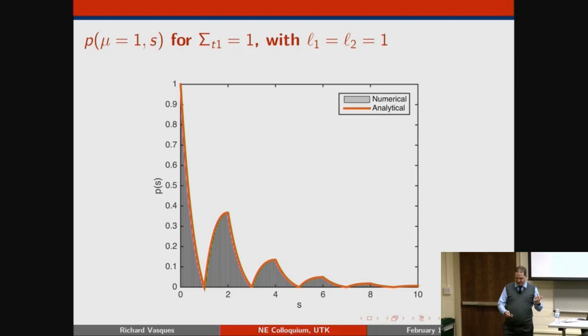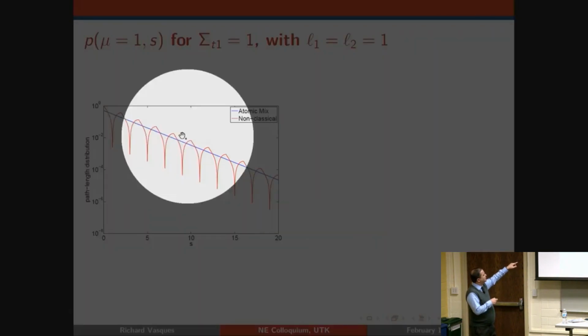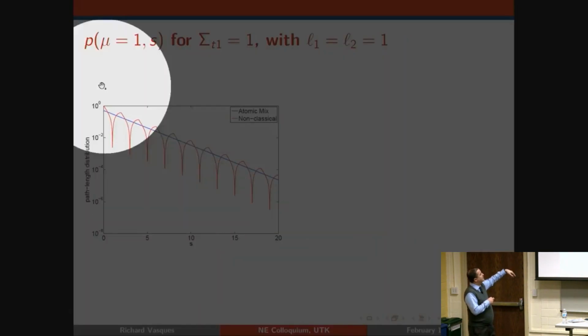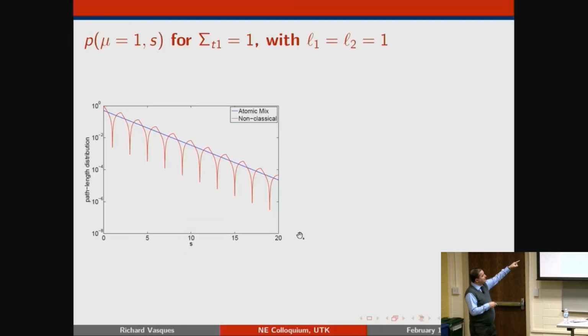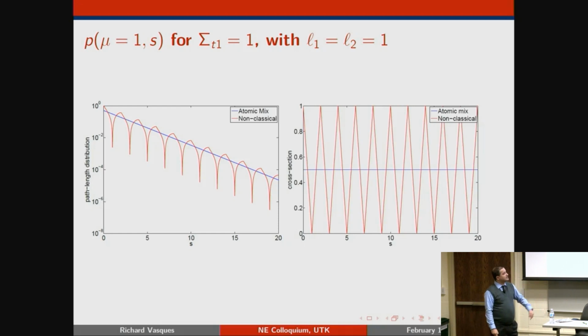Right? It's not going to give you the same result. If I look at the log scale, this is the same graph that I showed you before. It should come down all the way to 0, but there is an artifact from MATLAB here. But that's your PDF. And that is going to translate into a sigma t of s. Right? If you're just doing a volume average of that system, your sigma t is going to be a constant. It's going to be 0.5. But in this case, your sigma t is going to look like that red line.